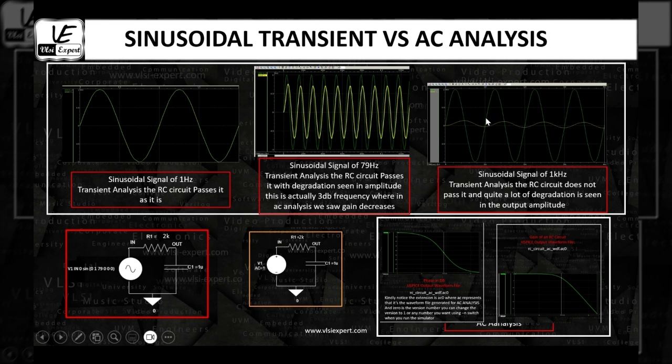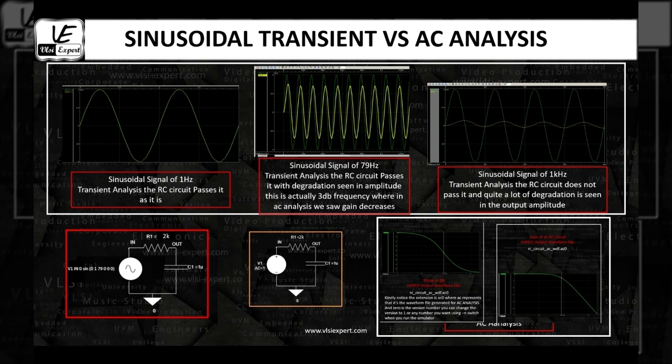waveform very clearly. We also see that at low frequency, around 1 hertz, my input is there and the output is following my input, and that same thing is reflected here in the gain magnitude of the RC circuit AC analysis. If I check at 1 hertz, I will see 0 dB, right? Similarly, we also found through pole and zero analysis that there was one pole at 79.57 hertz, right? And we found that particular pole using the dot pz statement